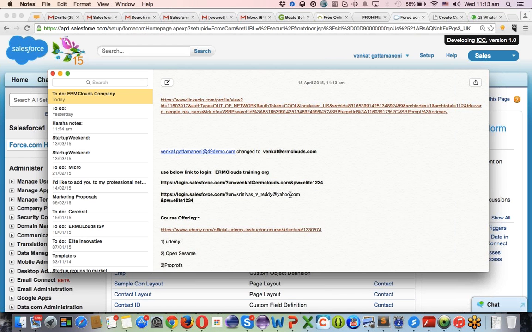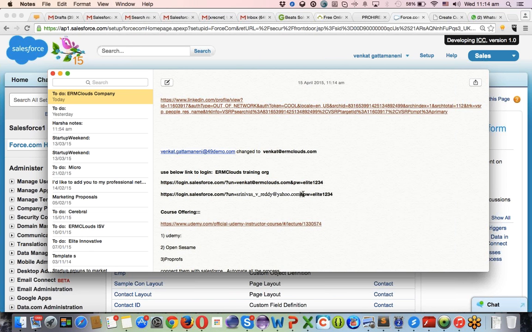I'm preparing the URL. So you guys also can prepare this URL. Why is this useful? I will tell you. Because if you have many instances, it's really tough to remember usernames and passwords. I generally store them in the form of a simple URL. Generally, when you're trying to log into the application, you go to